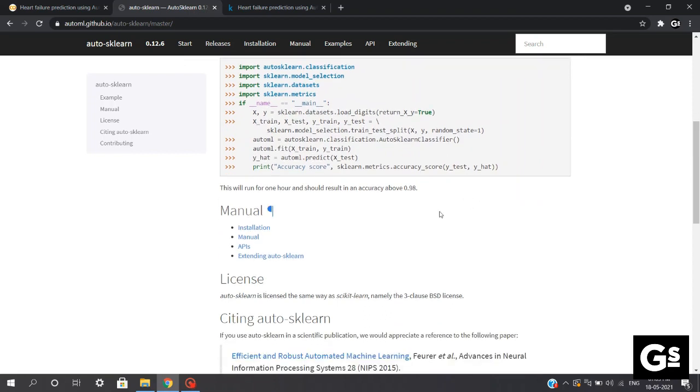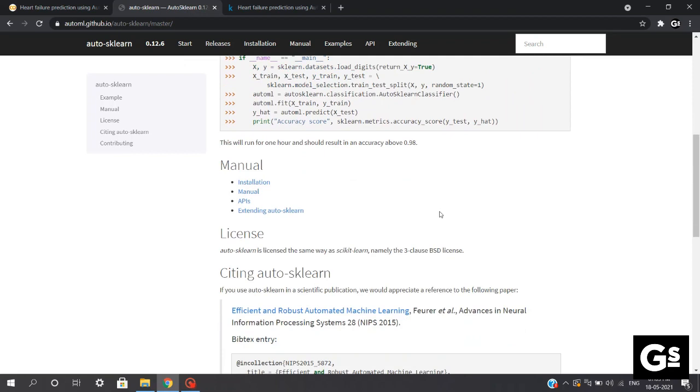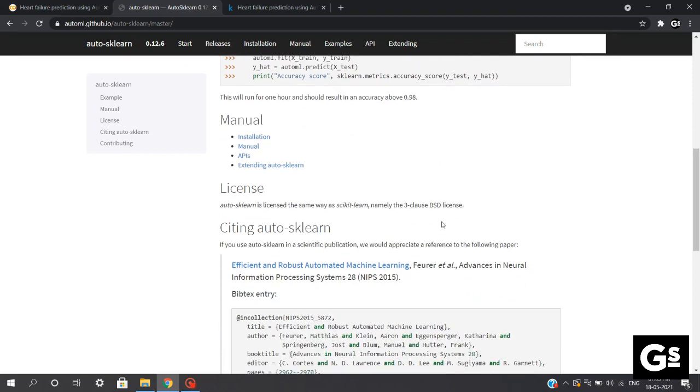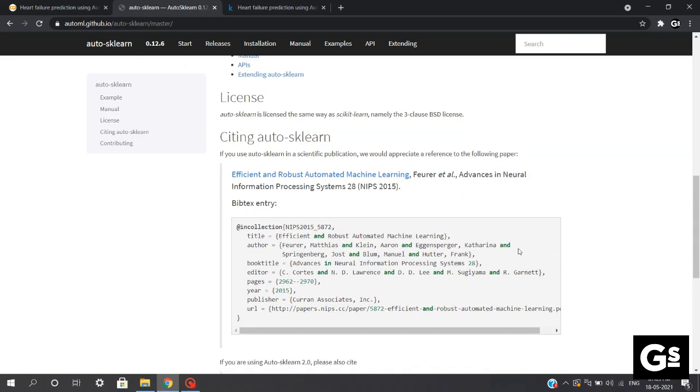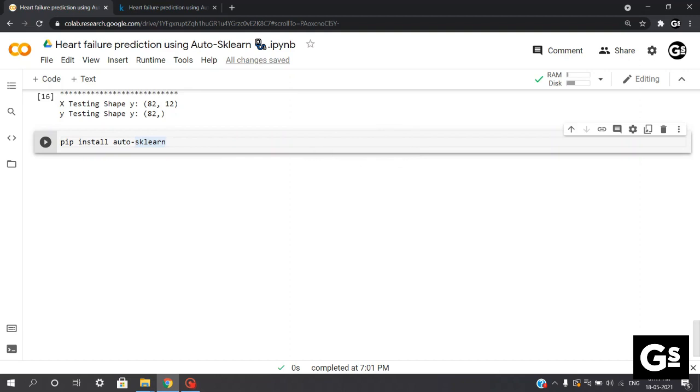So depending on whatever your prediction task is, whether classification or regression, you create and configure an instance of the AutoSklearn classifier or AutoSklearn regressor class, fit it on your data set, and that's it. The resulting model then can be used to make predictions. So I would recommend going through the AutoSklearn documentation to get a brief glance at it.